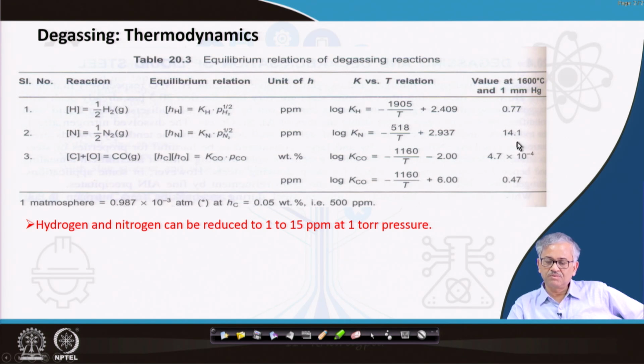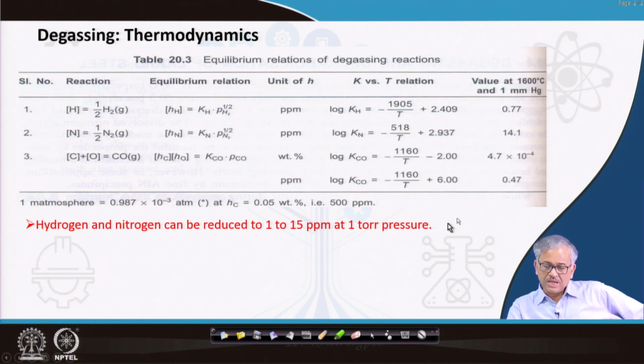But kinetically, hydrogen is not a problem, while nitrogen is a problem. It has been found that if you have too much oxygen and sulfur in the bath, which are surface active, the desorption of nitrogen becomes very difficult from the interface, because oxygen and sulfur are surface active and occupy the space at the surface. As a result, nitrogen cannot find open space for its desorption to the atmosphere. The nitrogen from the bath has to come to the surface, and then from the surface it goes to the atmosphere, but it does not find much space on the surface. Nitrogen from the bulk cannot come to the surface, because most of the space at the surface is occupied by oxygen and